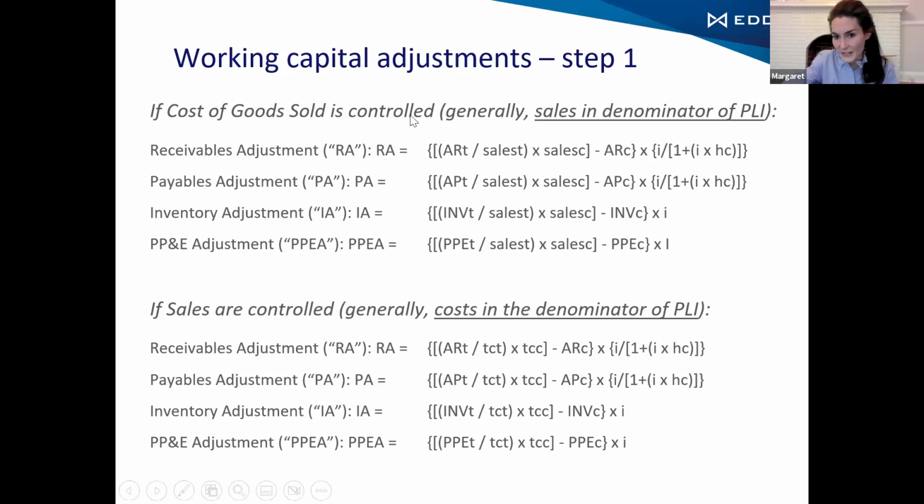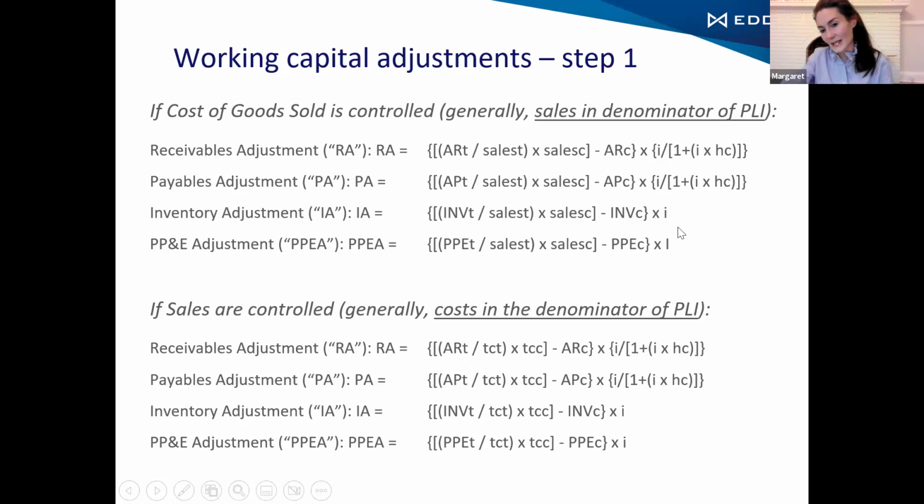If sales is in the denominator, you're going to see sales here and here, and T is for tested party and C is for comparable. The only other items other than the same line item that's in the denominator of your PLI will be the item that's being adjusted. So here you see sales and accounts receivable.